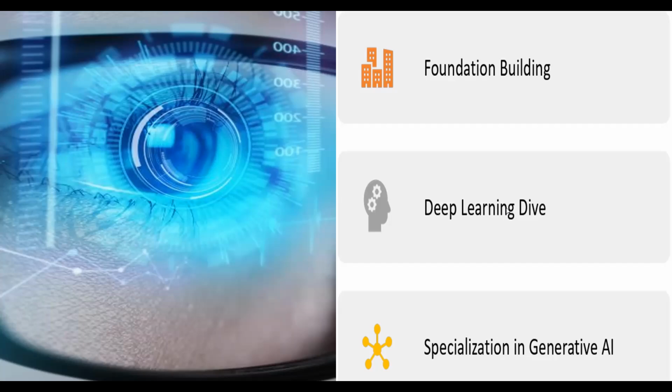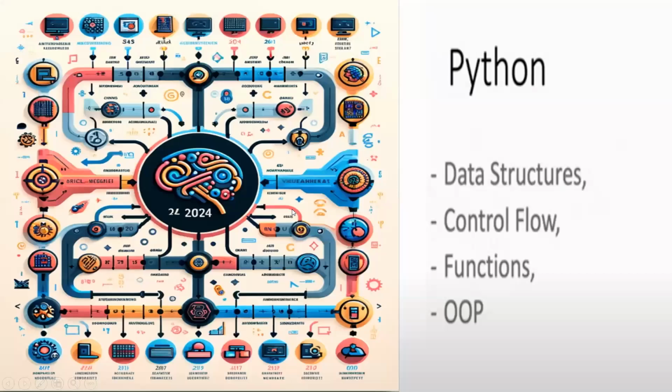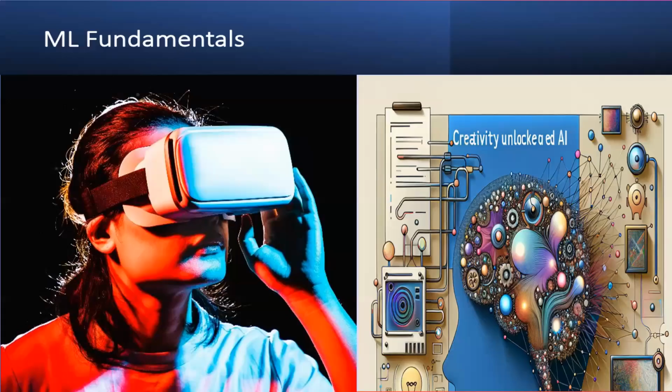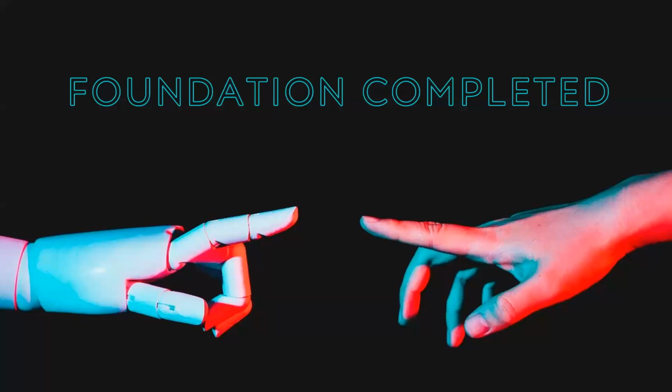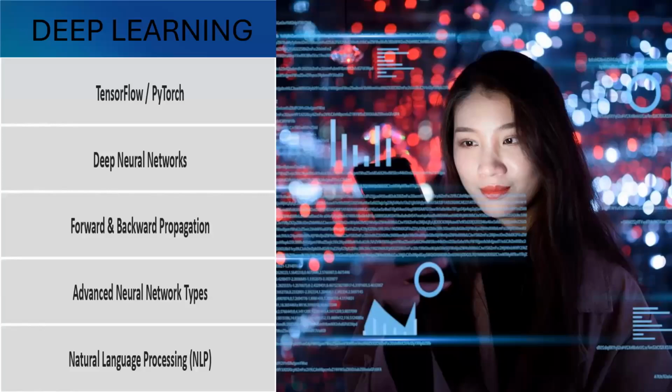After that we have to go with the deep neural network, like backward propagation and forward propagation. All this we have to go through. These are the fundamentals, the foundations for generative AI. Deep learning, whatever I have discussed, these are the foundations for generative AI. So the foundations have been completed. Next, we are going with the intermediate part.